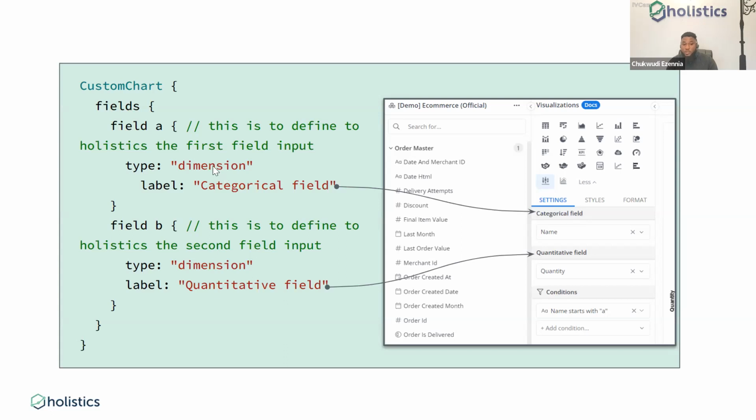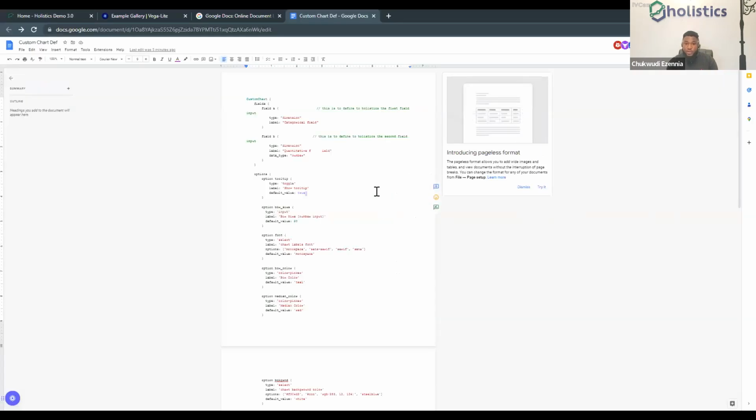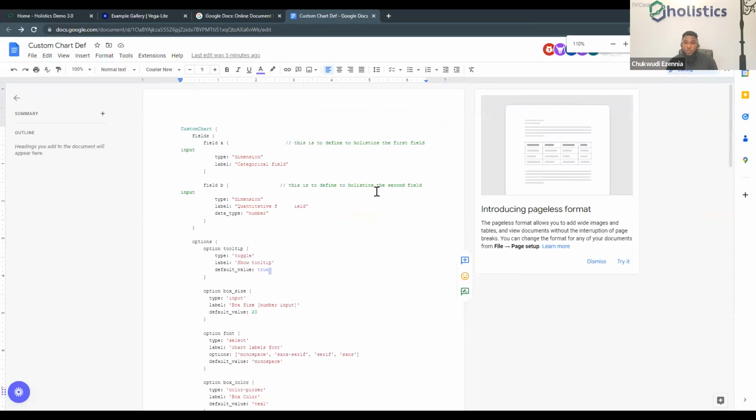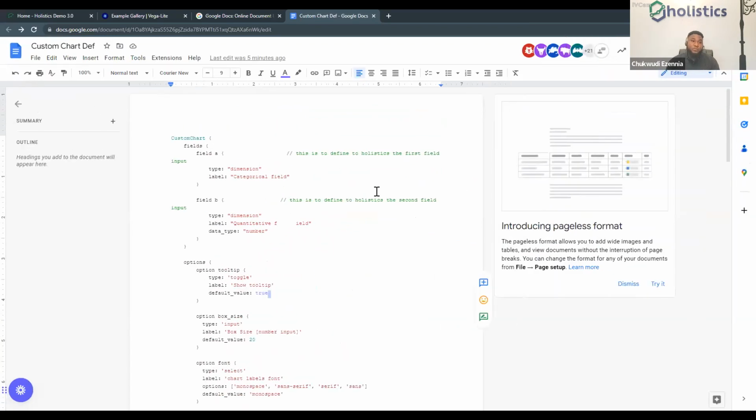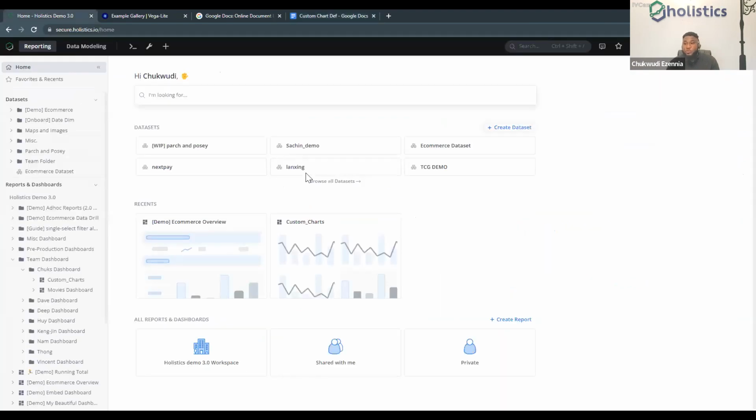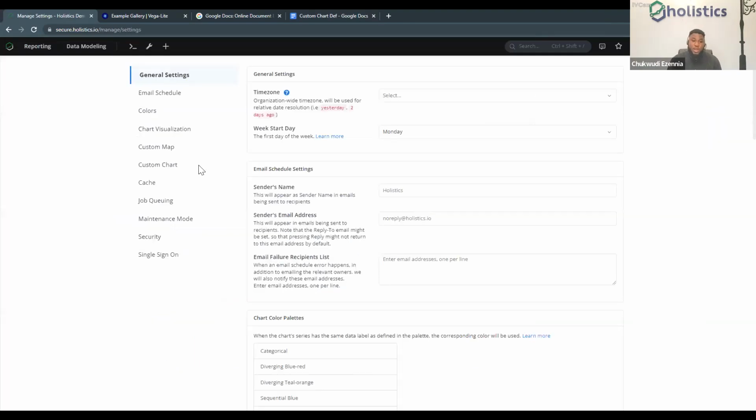And here we set both of them to dimensions because for this particular chart type, we're basically working with dimensions in the two use cases. So I'm going to switch over to the practical use case. I believe most of us would have had access to this particular link already. If you go to your Holistics homepage, you should be able to see your organization name at the top right corner, and you have organizational settings there. If you scroll down a bit to more settings as an admin user, you should have custom charts enabled for you.